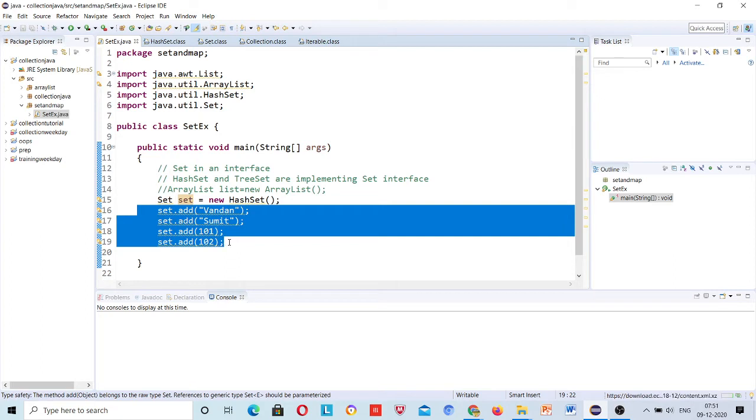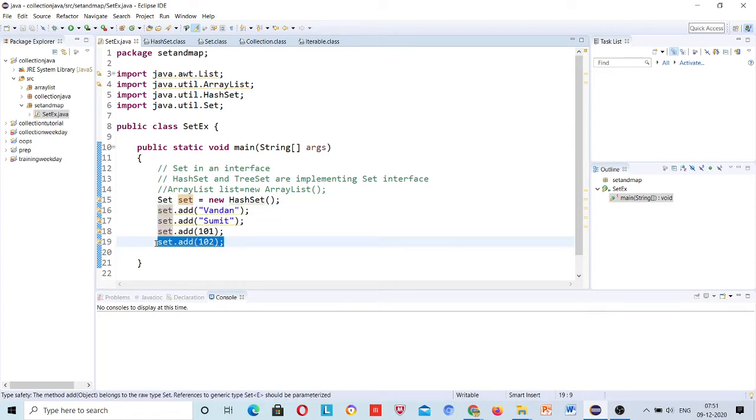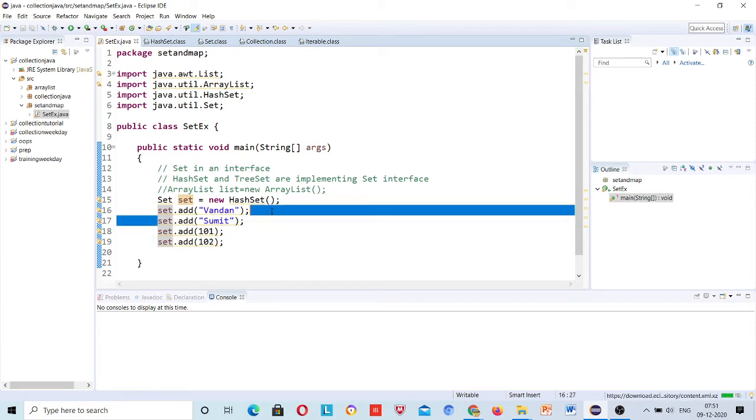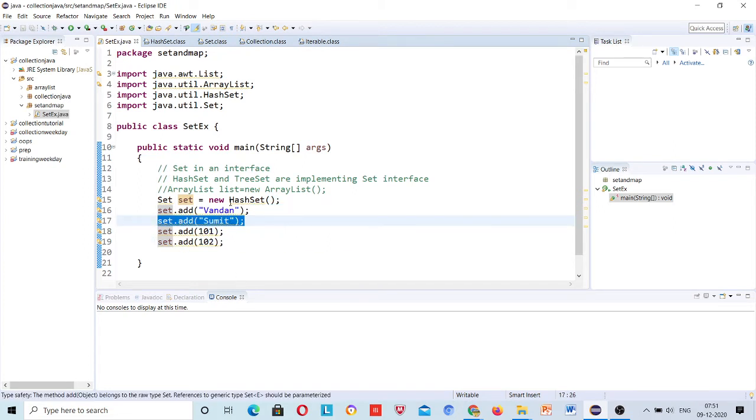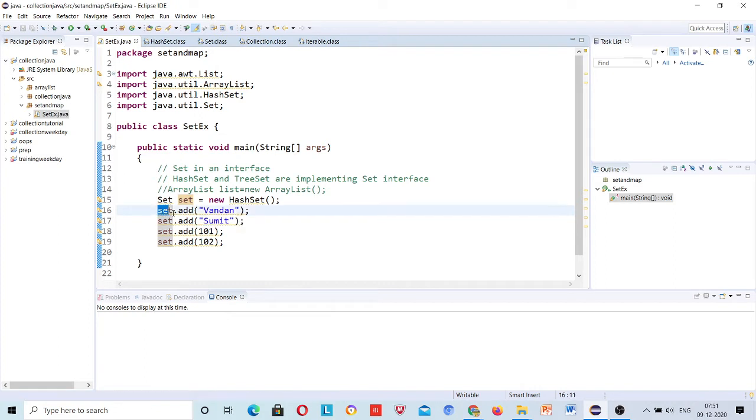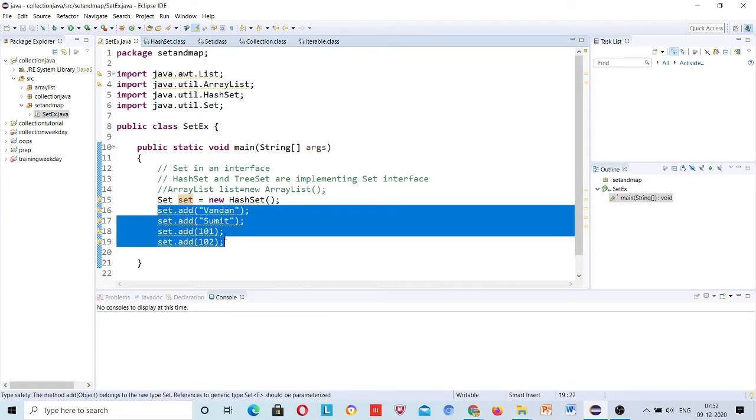If tomorrow someone says 101 is a student roll number, you will say it is Sumit's roll number, but if tomorrow 100 lines are added here, then you will have to look very deeply, so this will be a problem, right? So just remember how we are adding. Once I talk about the solution for it, then you can relate to that.